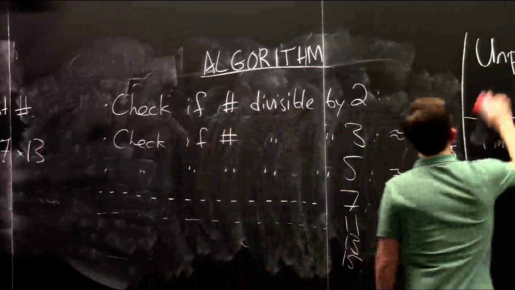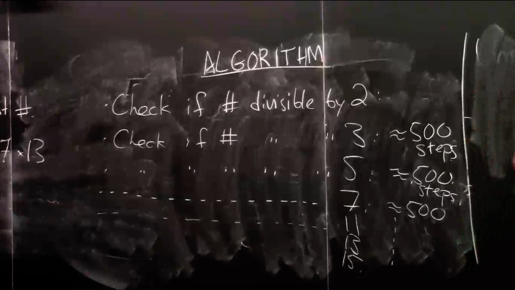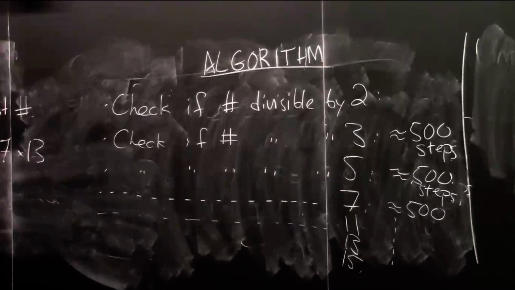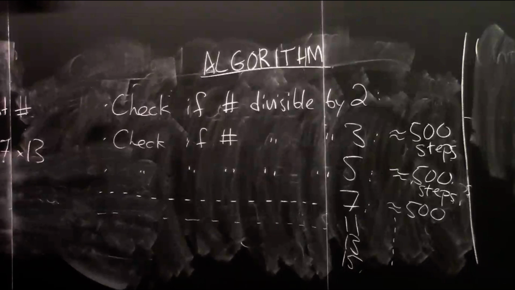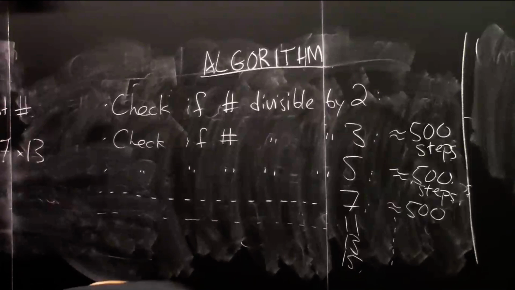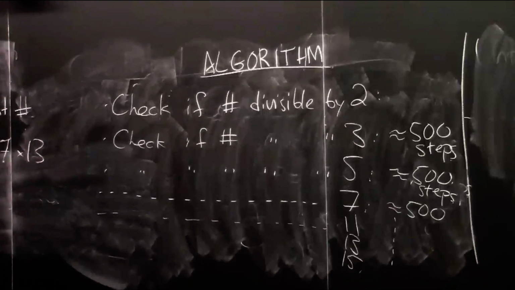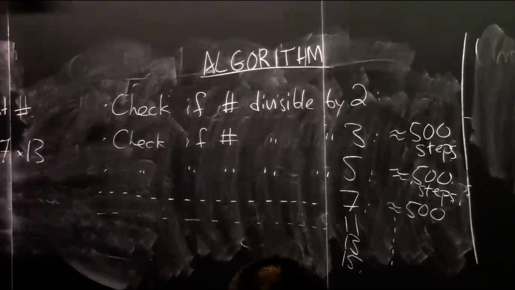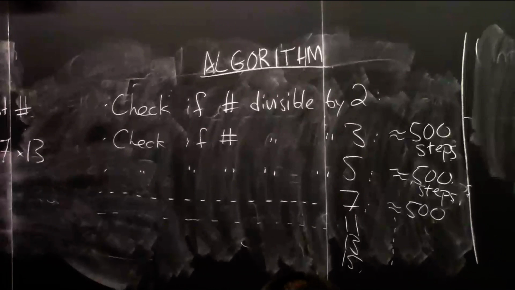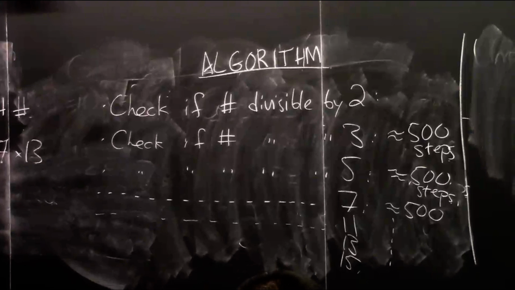And if you're unlucky, or if somebody set you a particularly devious challenge where the prime factors are all really large, you might have to do this algorithm for many steps before you find a prime factor, or maybe decide that the number itself is a prime number. So in fact, what should you go up to before you can either find a prime factor or be satisfied the number is prime? Yeah? The square root.